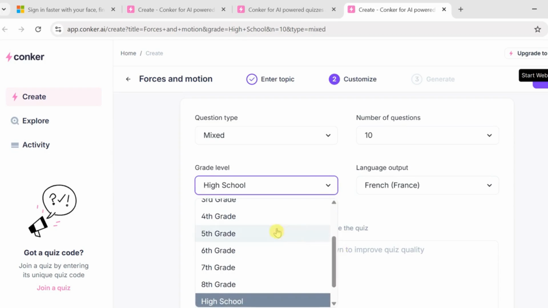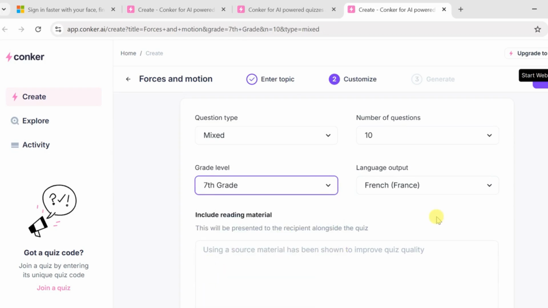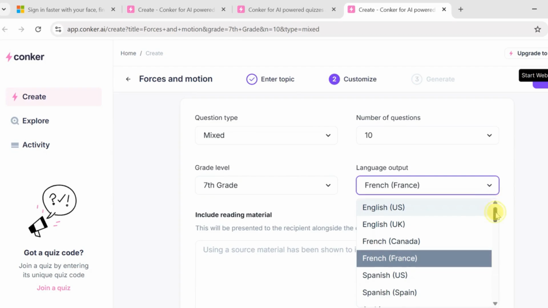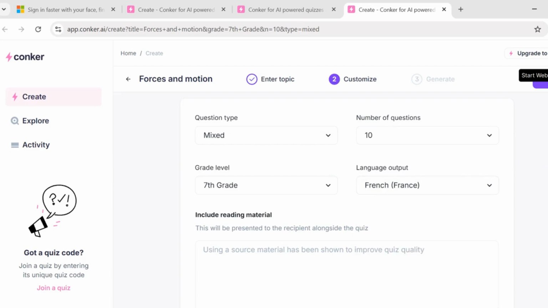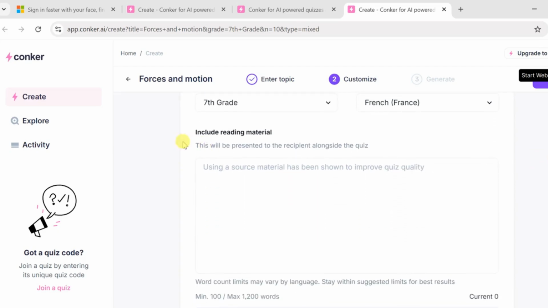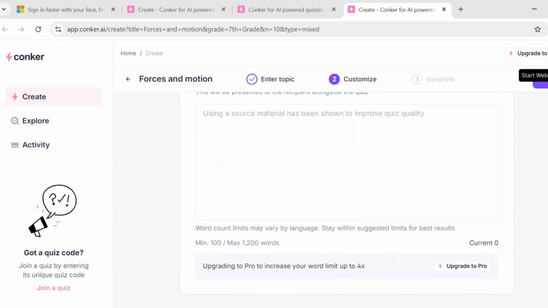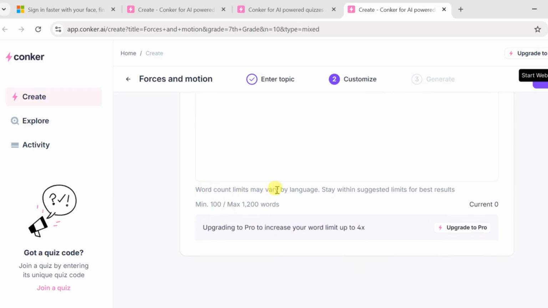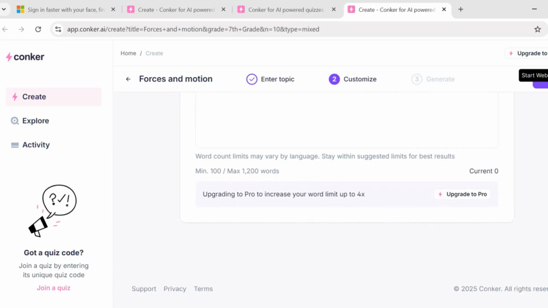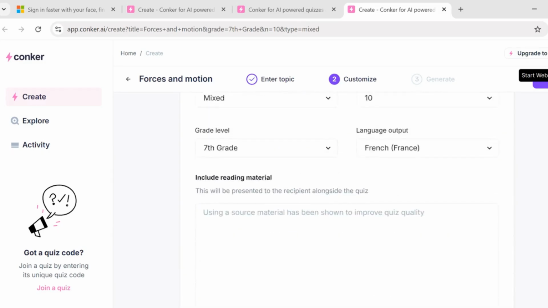For example, suppose I'm teaching this for grade 7, then you choose the language output if you want it to be written in French or English or any other language. And if you have a certain material that you have covered in the classroom, then you can write the material here so that you limit the questions to the content that you covered in the class, and make sure that the word count does not exceed 1,200 words. That's the maximum. And if you want to upgrade to Pro, then you increase your word limit up to